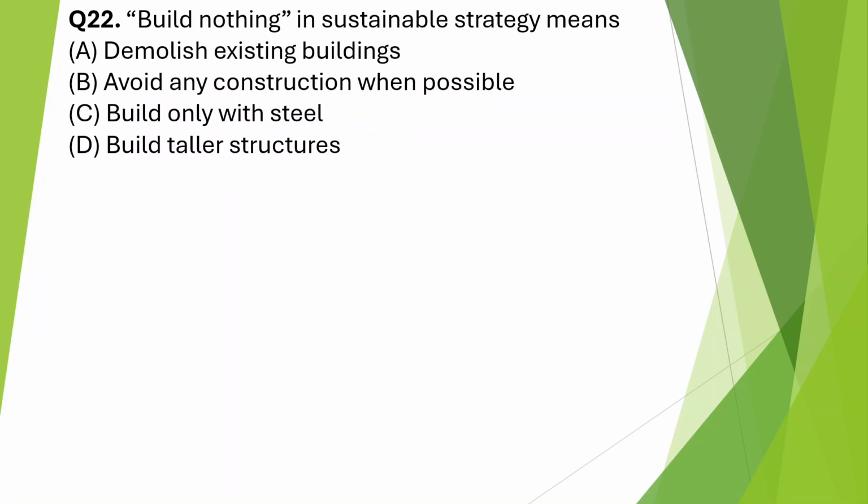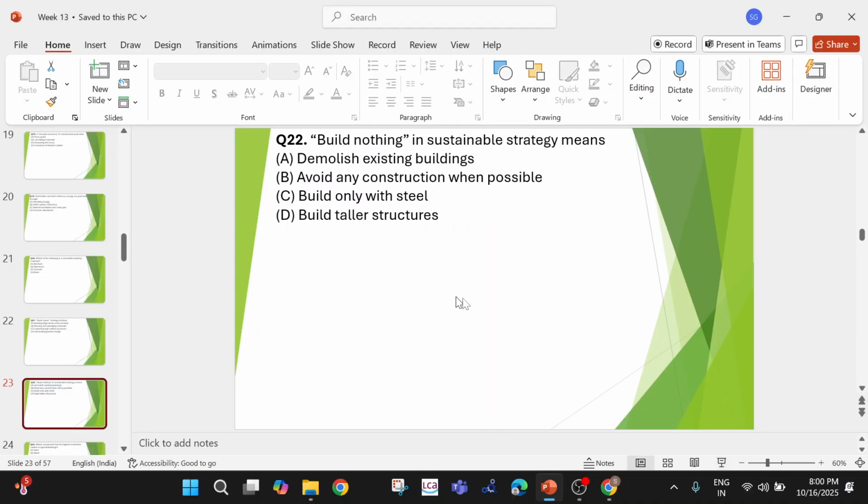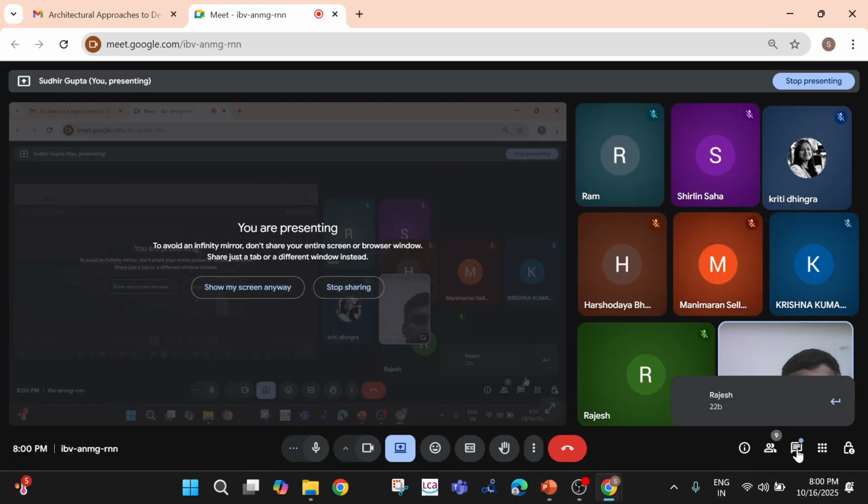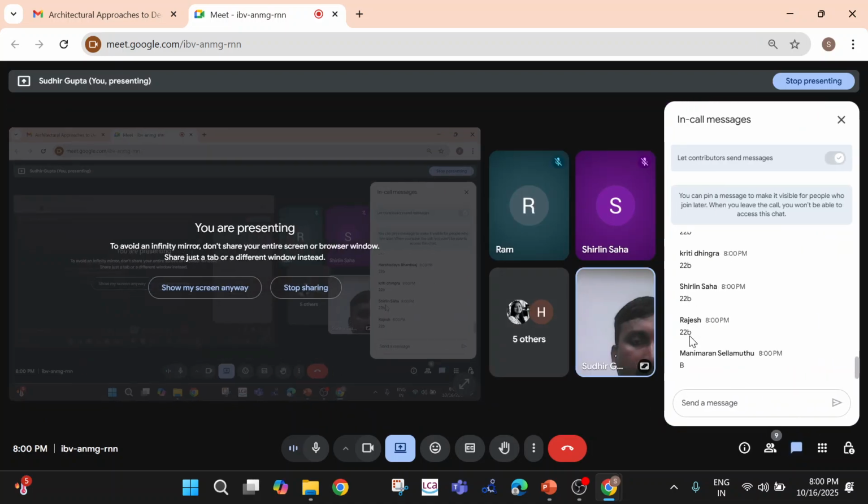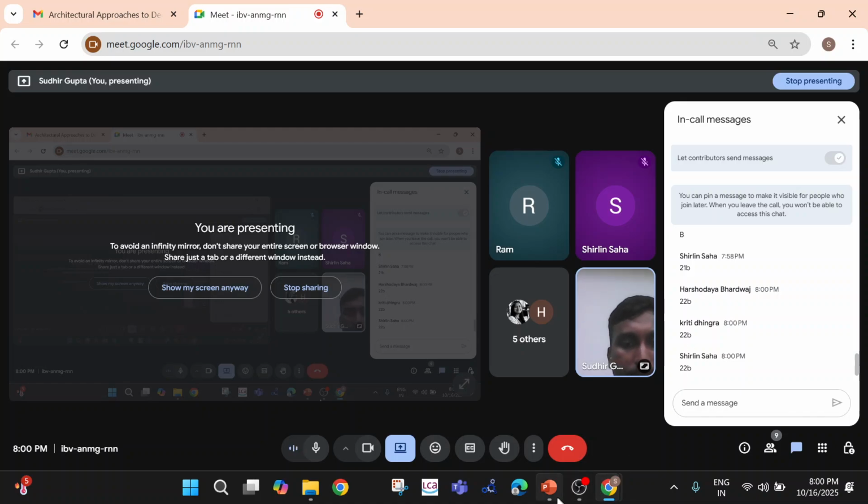That's why option B is the only answer and the very straightforward answer if you know the concept of build clever. Let us move to the question 22, which is checking your concepts about build nothing concept. So lot of people, they are active and they have given their answers. As I can see, before I have projected the question also, they are very quick. And for this question number 22,